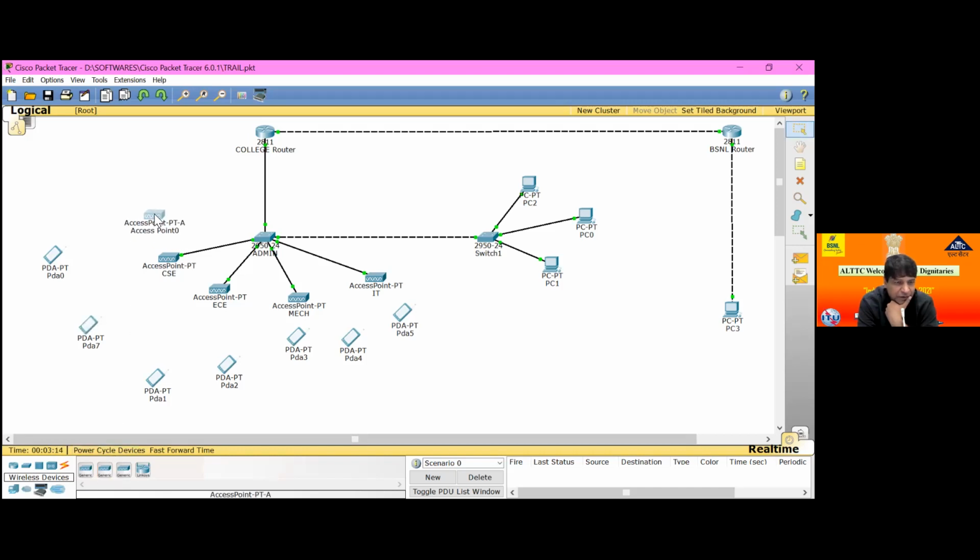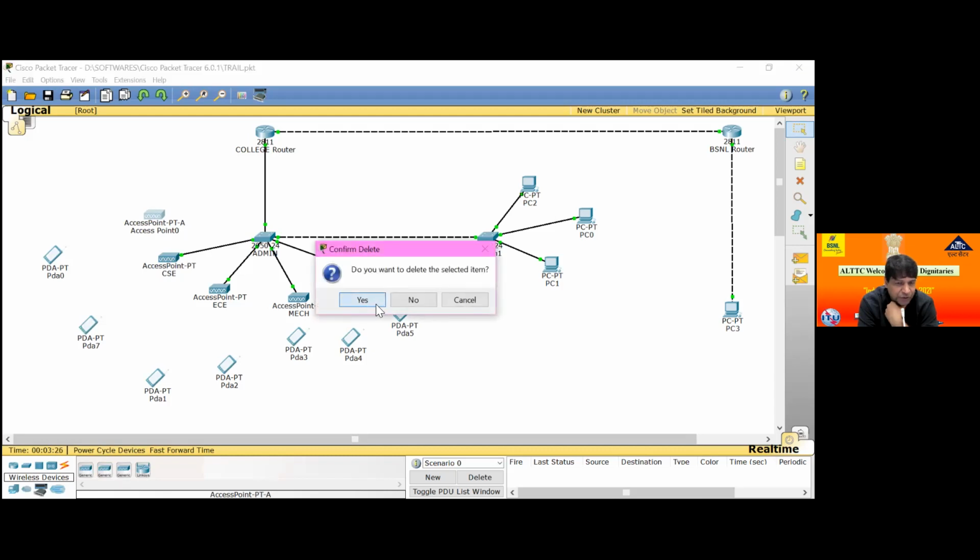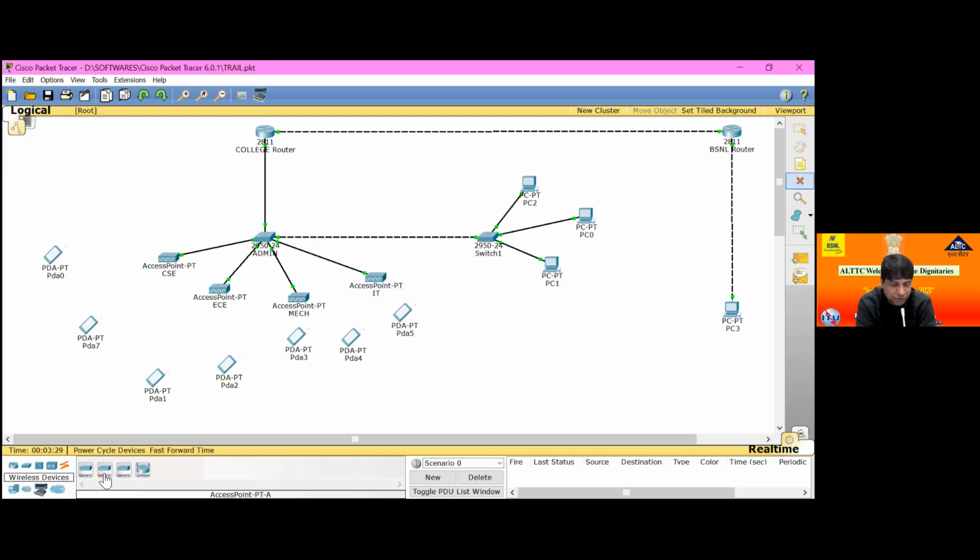Access PT00. Okay. Shall I connect with this, sir? No. I just remove this. Again take first one. No, it's okay. Again take first number one. Yeah. Again put here. I just want to see without you select. PDA 0, PDA 0 mobile phone.